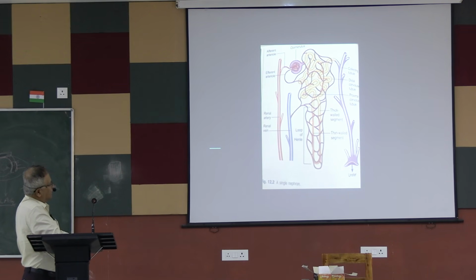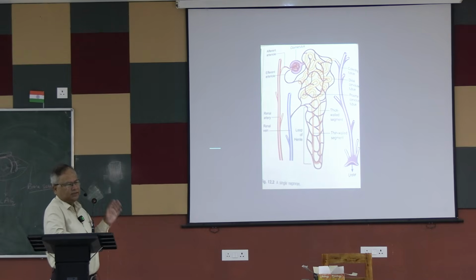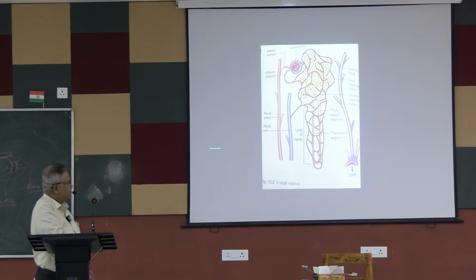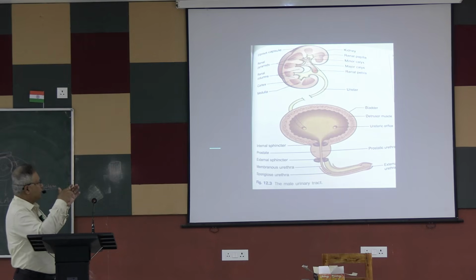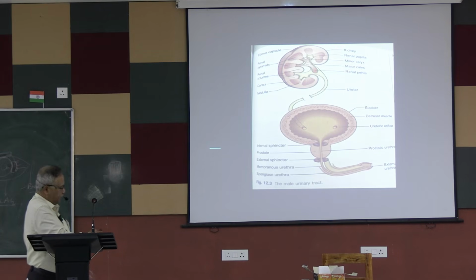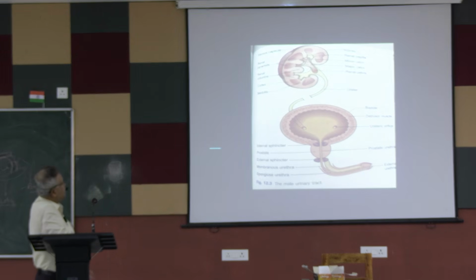In the loop of Henle, there is a thin walled segment and a thick walled segment. There are functional differences and significance of this thin walled segment and thick walled segment, that we will come to later. If we look at it more macroscopically, the kidney, in a coronal section,